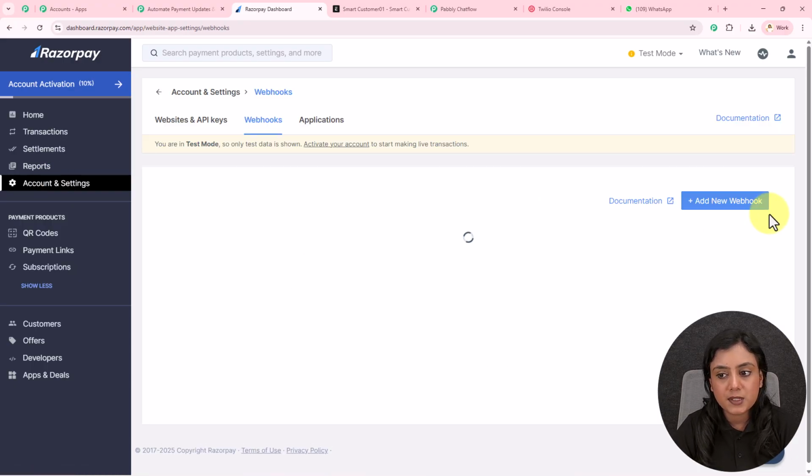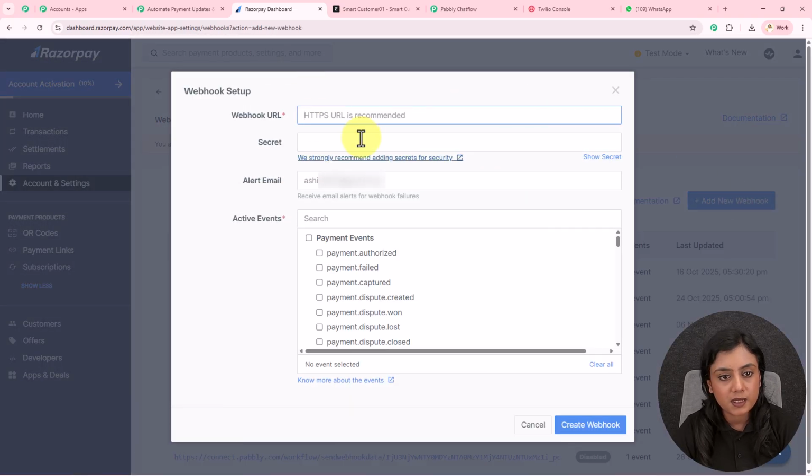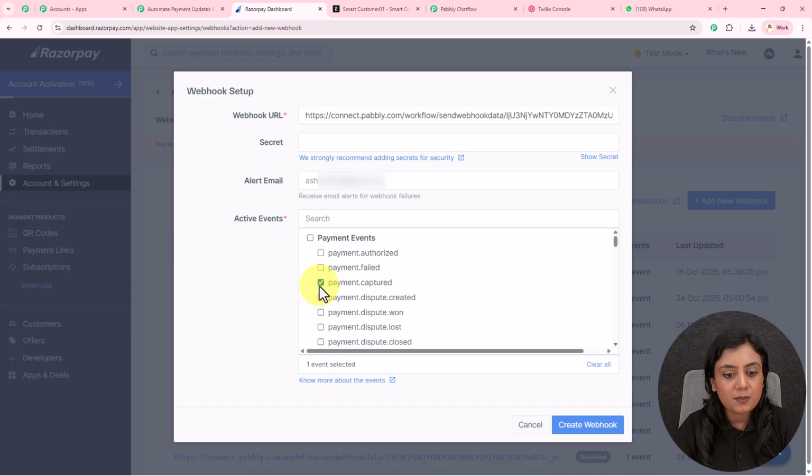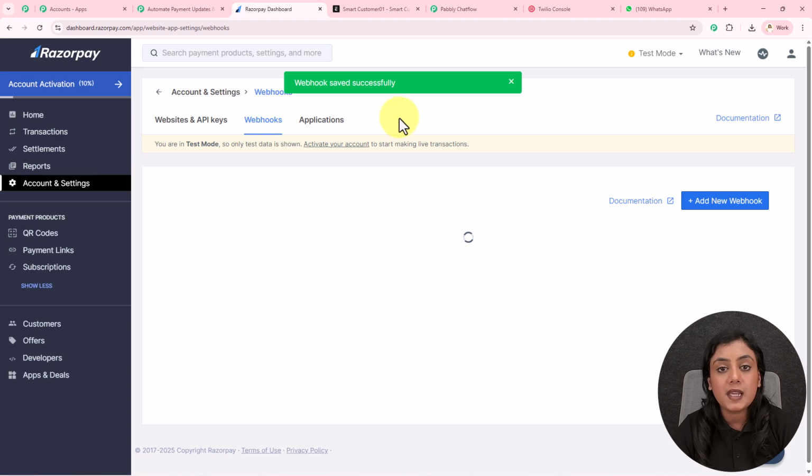After coming to Webhooks, click on this Add New Webhook button right over here. It is asking for the URL. Paste the webhook URL right here. You can enter the secret if you want. Select the alert email. Event is going to be payment capture, as I want to capture the response of payment capture inside Pabbly Connect. Click on this Create Workflow button and the workflow is going to be created successfully inside